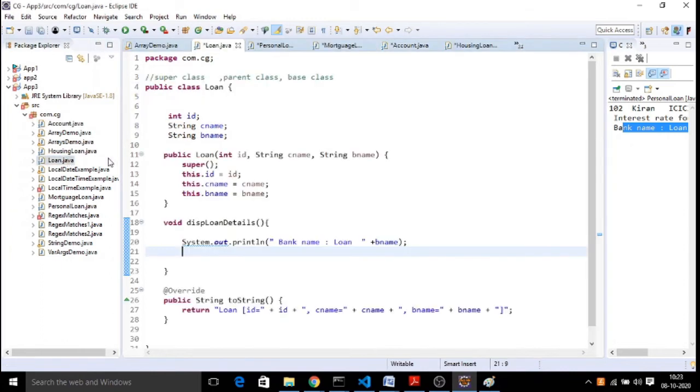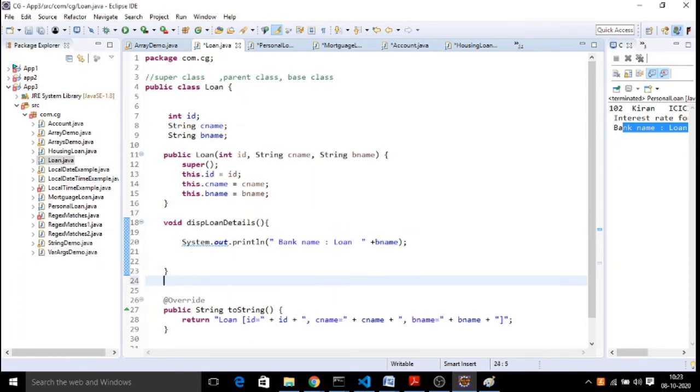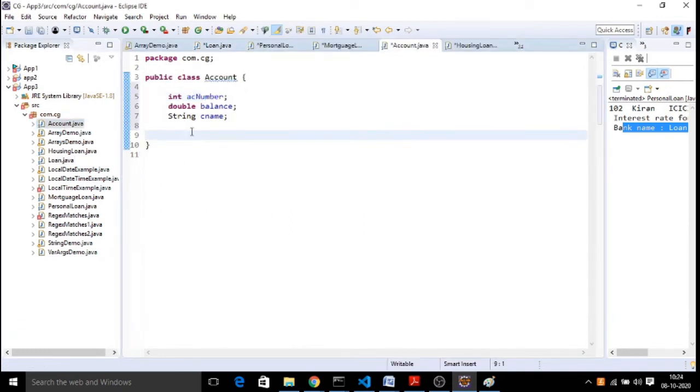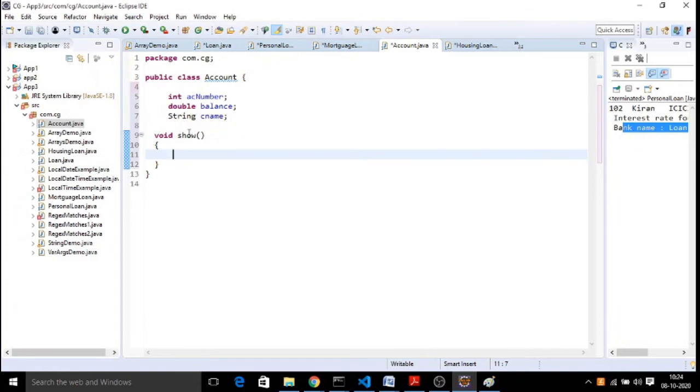And maybe in your loan class you have again CNAME, the bank name and the ID. There may be a conflict between the variables. There may be a function. Let's say I have a function called show. I am doing something in my loan class's show function. Again, my account also may have that show function. Not always, but there is a possibility.